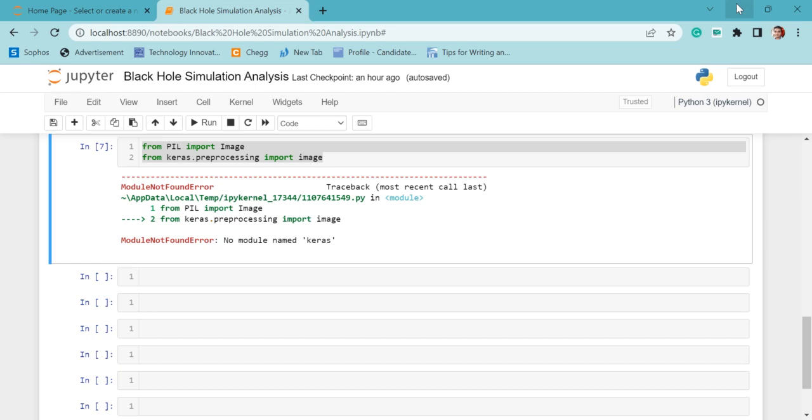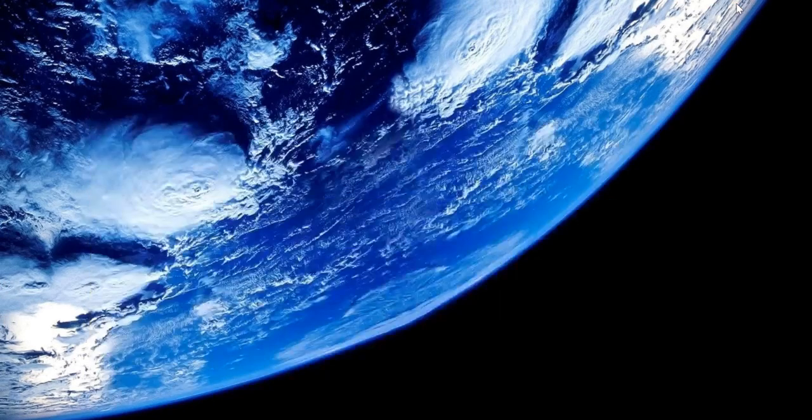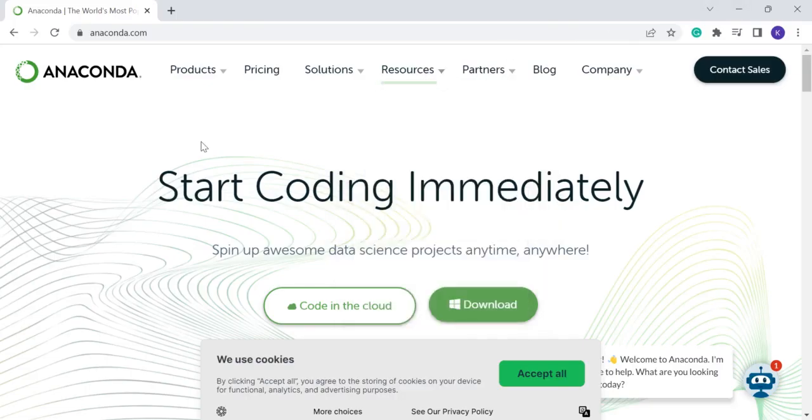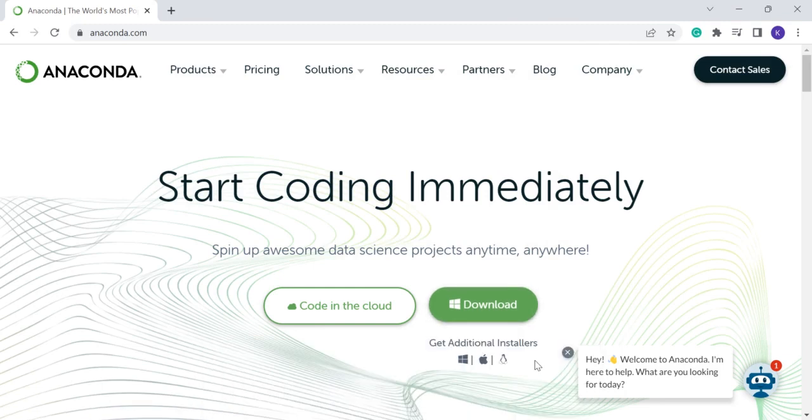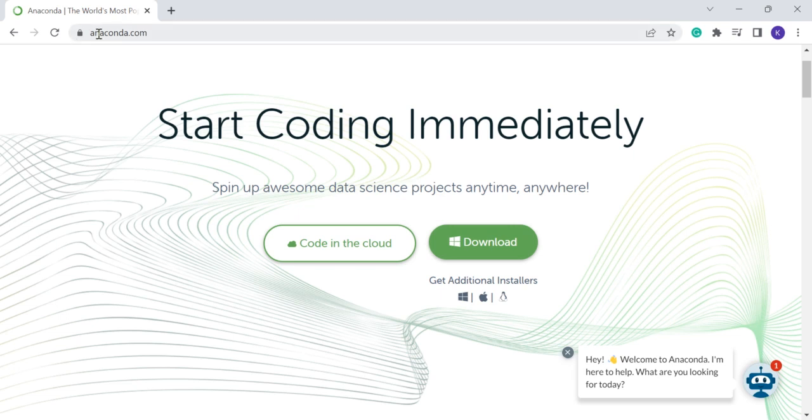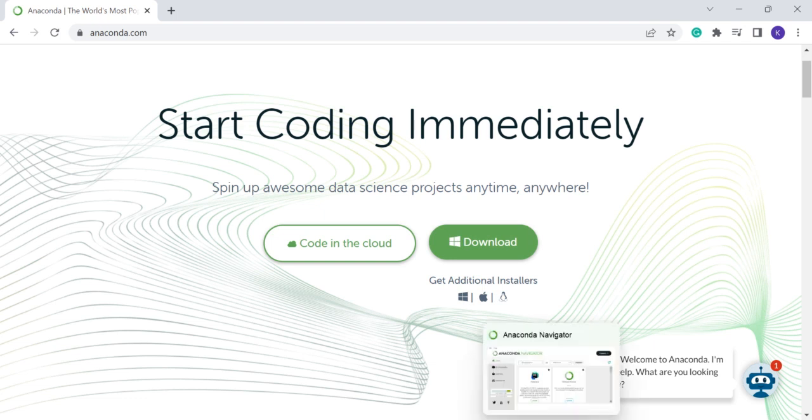So we first need to install it. For that, today I'll show you how to install it through Anaconda, right? So first you need to install Anaconda in your system. Just visit anaconda.com and here you will get the options to download it for Windows, MacBook, Apple and Linux. So just download whatever is available for you, alright? After installing,